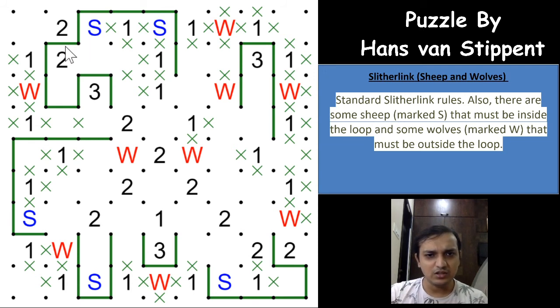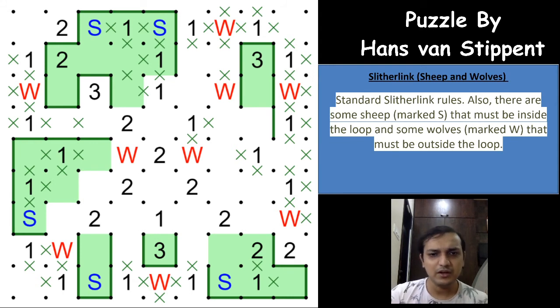Let us assume that, not assume, we know that these cells are inside the loop, right? These cells are already inside the loop. These cells are inside the loop, right? Superb. Even these cells are also inside the loop, guys. Superb, right? So what happens here is, now I have already marked the cells which are inside the loop. Now you have to repel through the W.